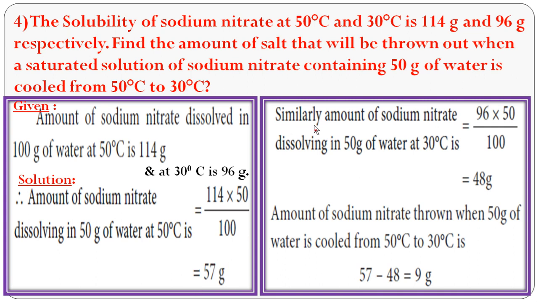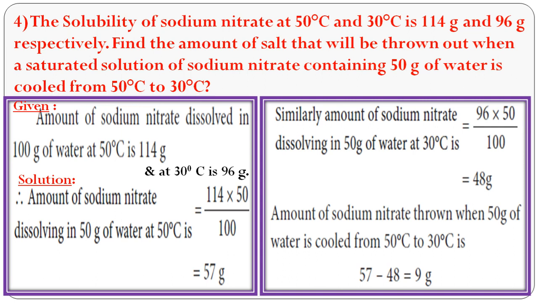The next one, similarly, the amount of sodium nitrate, NaNO3, dissolving in 50 gram of water at 30 degrees Celsius is equal to 96 by 100 into 50. The same way you have to cancel 0, 0 and cancel 5 and 10, means 96 by 2, that is equal to 48 gram. And one more question is asking, the water is cooled from 50 degrees Celsius to 30